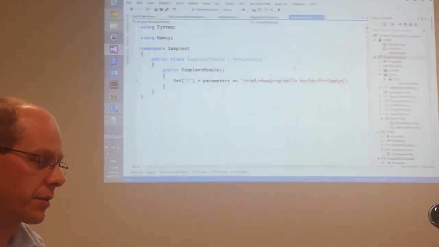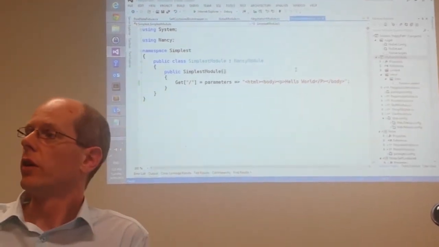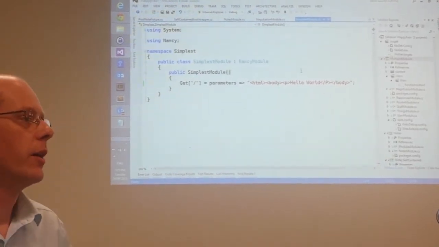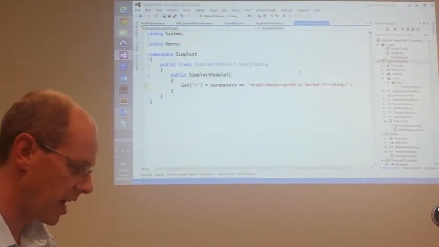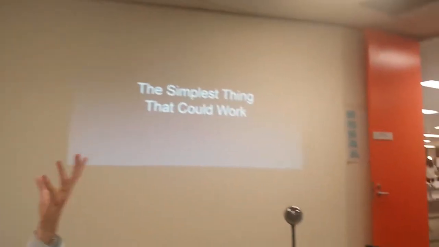But that's as tough as it gets. I mean, that's what we talk about with the super duper happy path, the simplest thing that works. A single line of code, inherit from a subclass, and we're done. Now, that's okay, that's a start. But obviously we want to do a little bit more with this than just that.